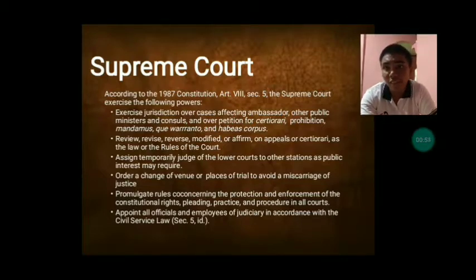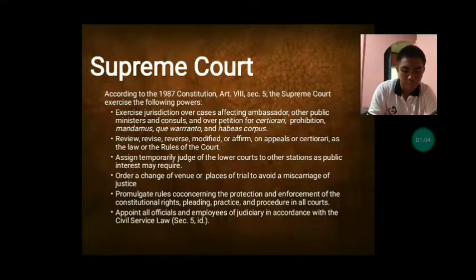Second, review, revise, reverse, modify, or affirm on appeal or certiorari, as the law or the Rules of Court may provide, final judgments and orders of lower courts in all cases in which the constitutionality or validity of any treaty, international or executive agreement, law, presidential decree, proclamation, order, instruction, ordinance, or regulation is in question, and all cases involving the legality of any tax imposed, assessment, or toll, and any penalty imposed in relation thereto, and all